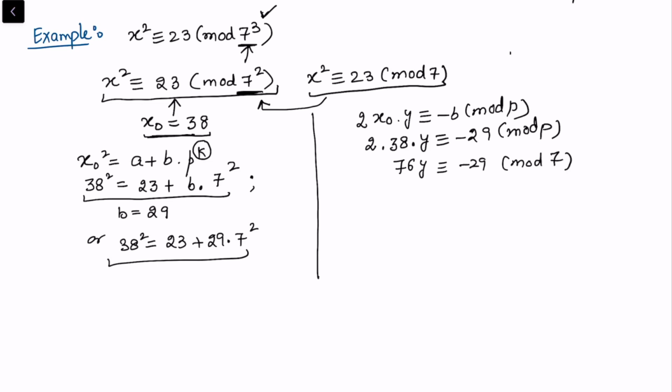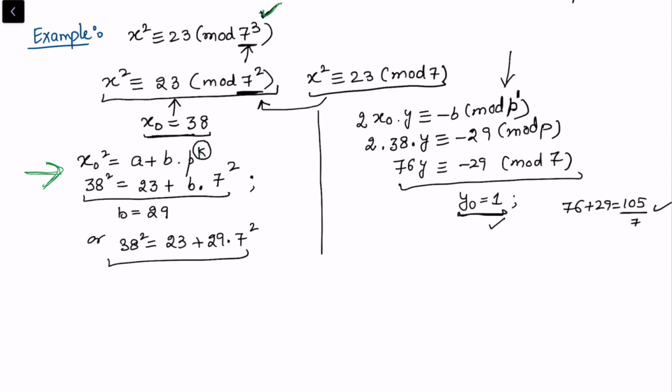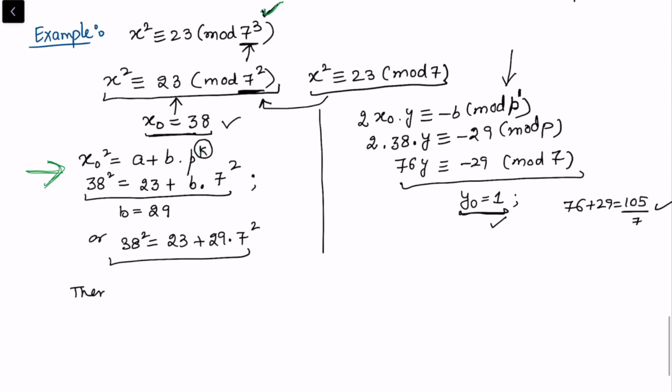So you notice here it is p to the power 1, whichever prime we are discussing, and in this expression, whenever we are constructing it, this power is 1 less than what is desired in our question. So we can say that this congruence has a solution, y naught equal to 1. Once we have found y naught and x naught, we know that the congruence given to us, x square is congruent to 23 modulo 7 cube,